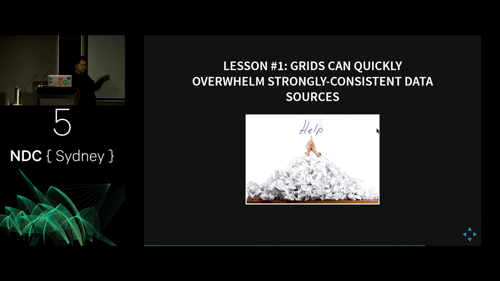Now, given this kind of capability with Akka.NET and working with multiple nodes, you could easily take down any server. That is Elasticsearch, that is your relational database, you name it. With enough machines and enough actor systems, you could pretty much do anything you want with it. So for us, what we learned is that it was more of an exercise in restraint rather than trying to throw all this capacity at it, because even though we had hundreds of thousands of threads that could go at once, we were ultimately bottlenecked by I/O at the end of the day.